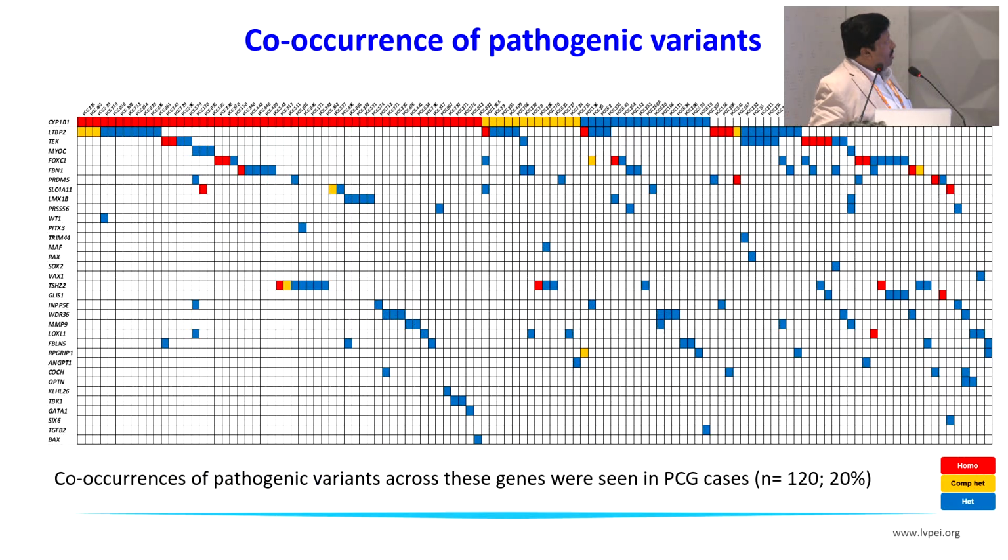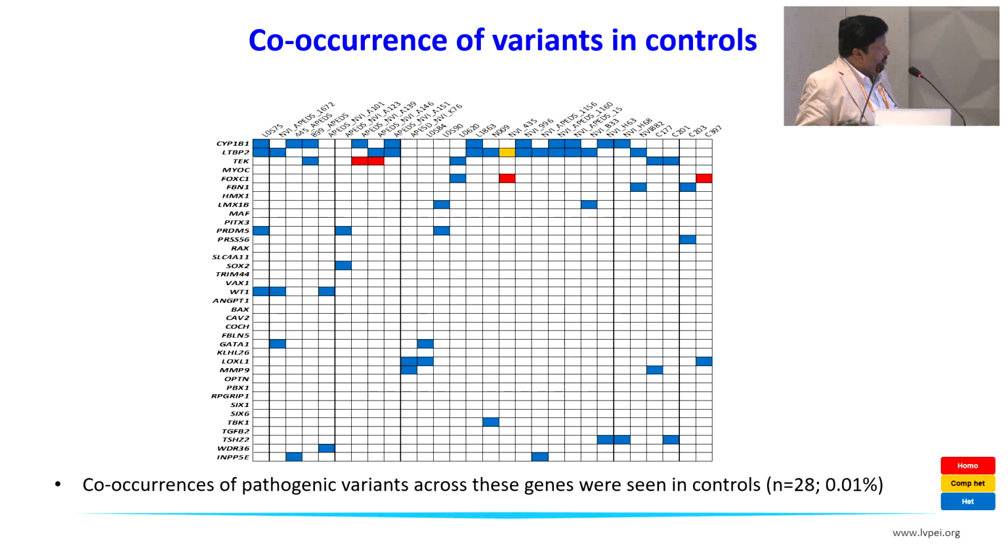Interestingly, these co-occurring variants, if we look into the whole repertoire of genes, they have multi-allelic inheritance. The red boxes indicate that they are homozygous, blue, they are heterozygous, and yellow are compound heterozygous. So on the x-axis, you have the cases, the y-axis has the genes, and this is just a snapshot to show that all the patients have different forms of multi-allelic interactions. Interestingly, this kind of phenomenon is also seen in controls, and controls also have these kinds of signatures. And so while determining what actually is the signature for the phenotype, we need to eliminate these